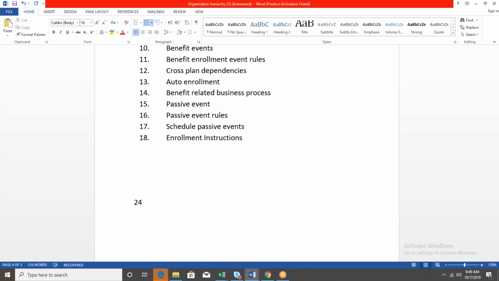For example, healthcare plan. Once you hire an employee, you are going to trigger these instructions. So the employee will go through the instructions: okay, I'm eligible for this plan, along with myself I can enroll my spouse, I can enroll my two dependent children whosoever age is not greater than 24. These kinds of instructions you can configure. And after you tag them to the benefit group and plan, automatically when you assign or trigger the plan, these enrollment instructions also will be triggered.